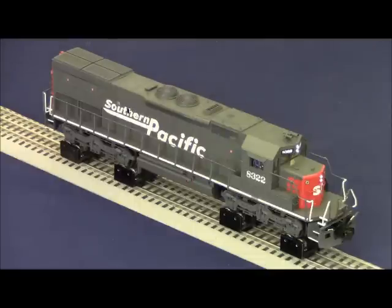We've now entered sequence control. What this means is that the very first speed step, the locomotive will not begin moving. The engine won't begin moving until we get to speed step 2. The bell will turn on automatically and stay on until the locomotive